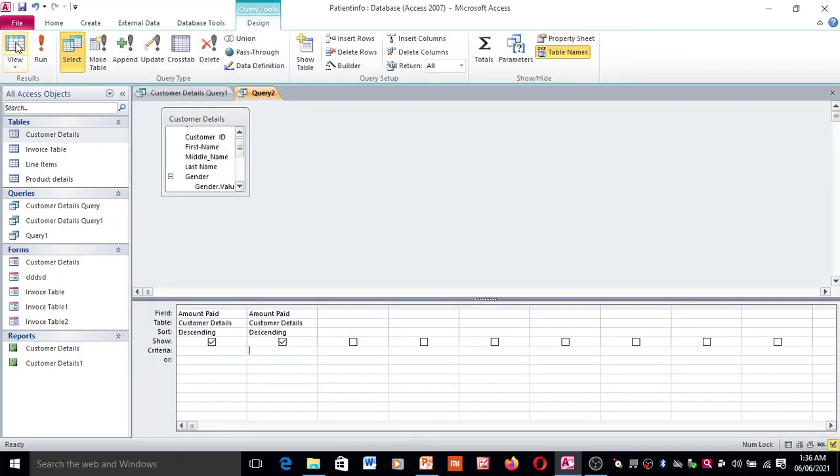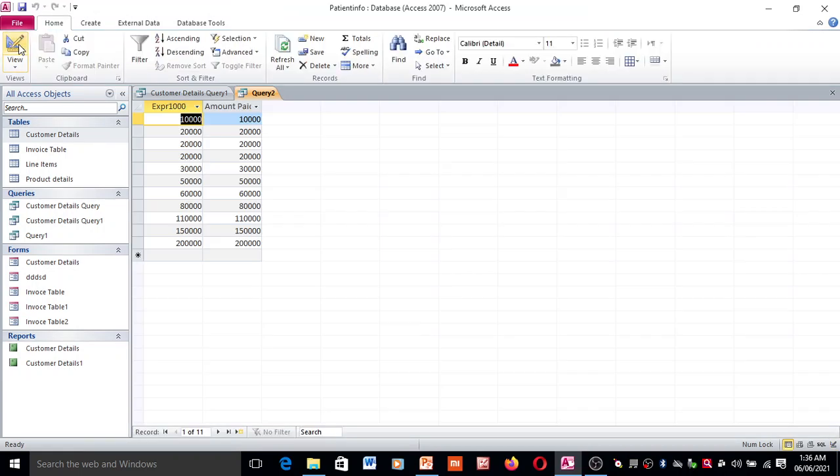Again go to the view option, then change the order here. I'm selecting now ascending. Here also I am selecting now ascending. Here you can see in the view section the changes.